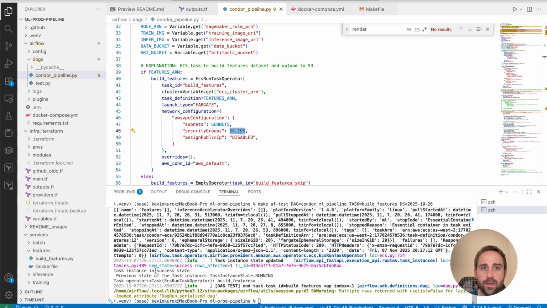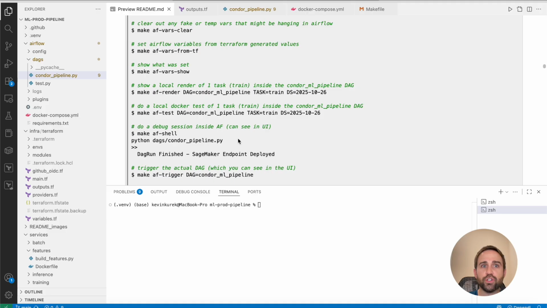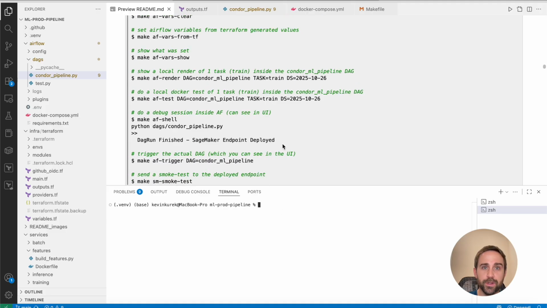So you can see that the task is in a success state, right? So that's great. It ran. We know that it's working. So now what's the next step? Let's actually trigger something. One thing I really like to do is go in this make